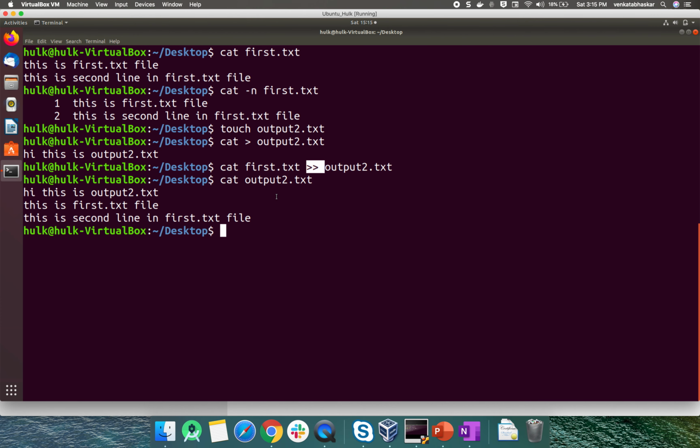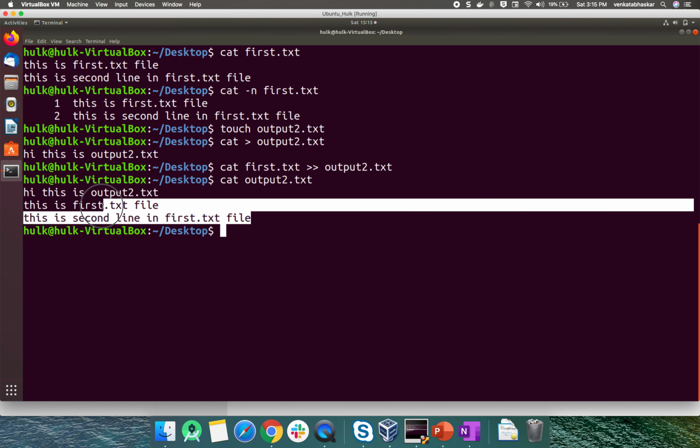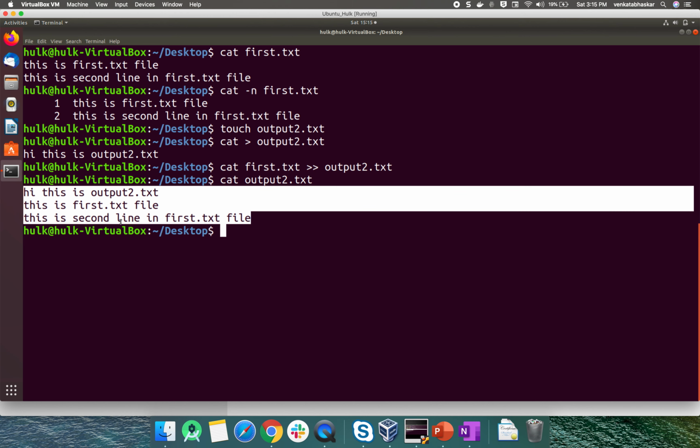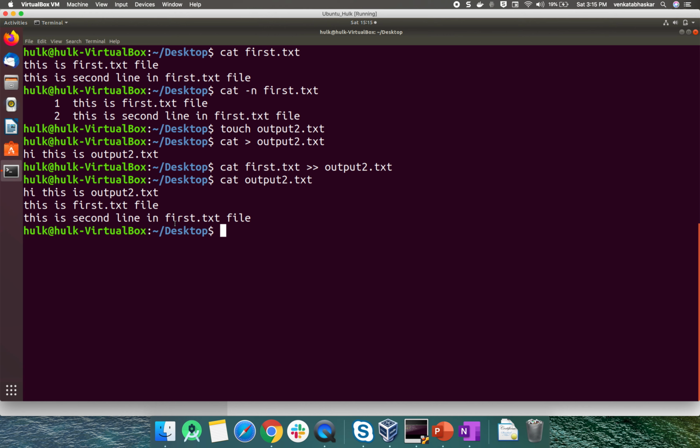Now we have this one. I want the first line, second line, third line, but my requirement is that this line should be the first and this line should be the last. It's vertical, the last line should be first and the first line should be last. How can I do that? Now you have the cat command, right? Just try to reverse this command. Instead of cat, I'm using tac. If you read from the front, cat. If you read from the last, tac. It's the exact opposite of the cat command.